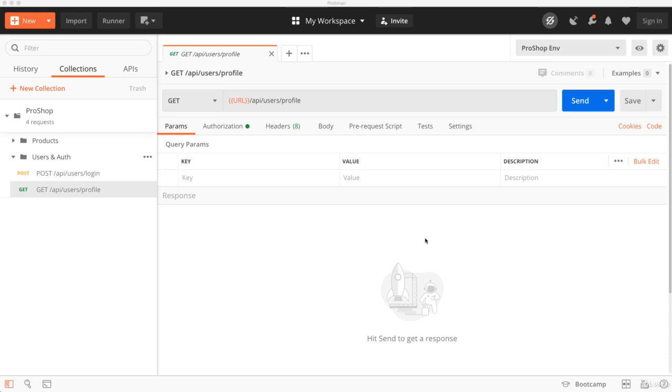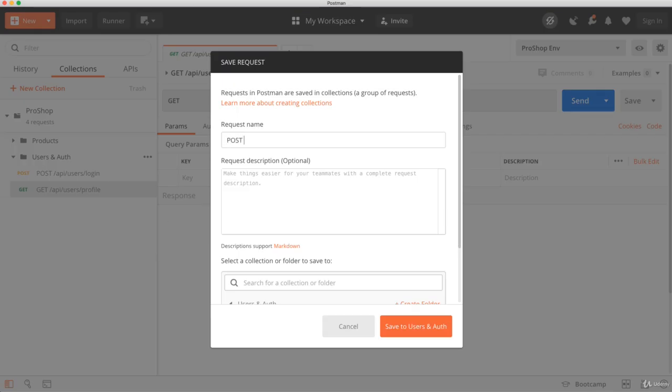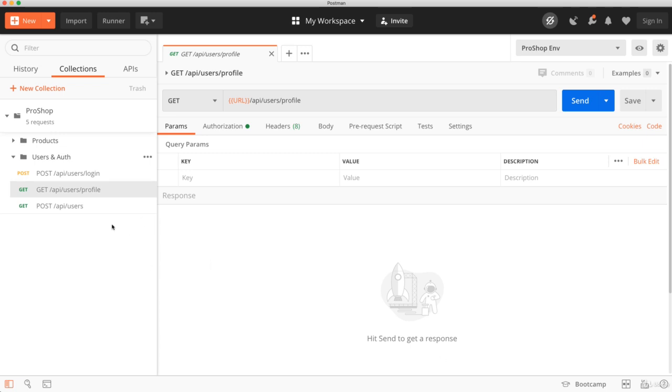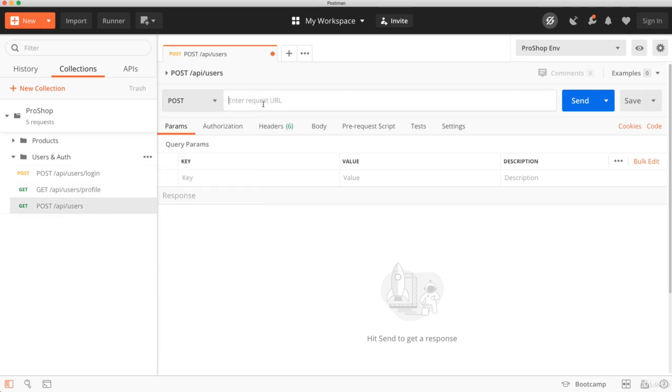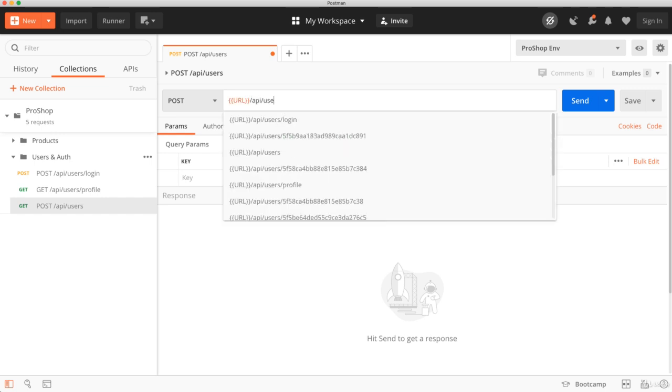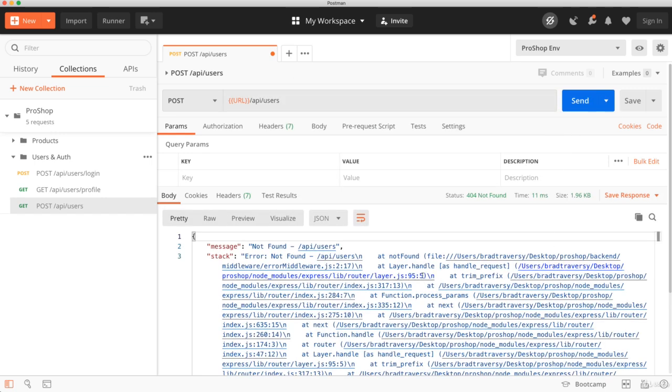All right, so now we want to be able to register a user, create a new user. So in Postman, I'm going to add a new request here, and it's going to be a post request, and I'm going to have this go to API/users because we're just creating a user. So I want to stick to a RESTful syntax here. And let's just say create new user. And then here we're going to change this to post and URL/API/users. Right now it's not going to get anything except not found, but let's go ahead and create now in